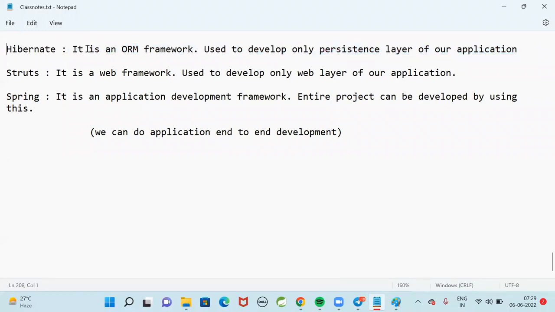The persistence layer is the logic which is responsible to communicate with the database. We can only communicate with the database by using the Hibernate framework.